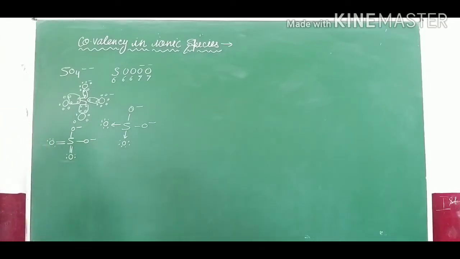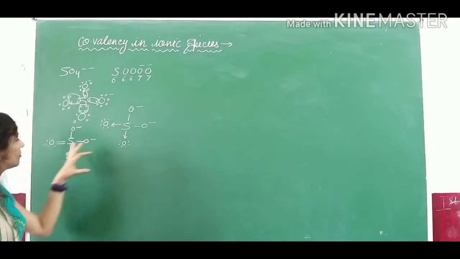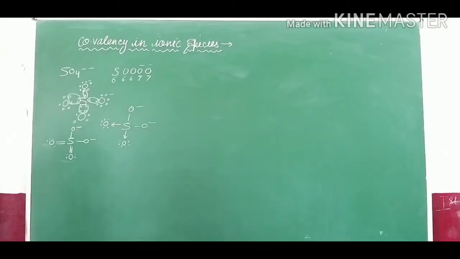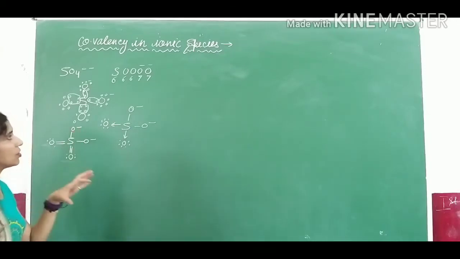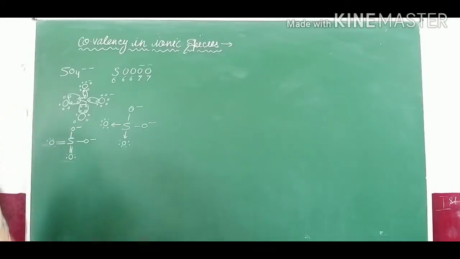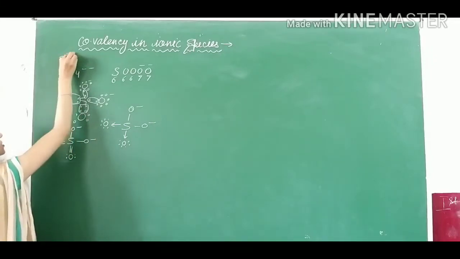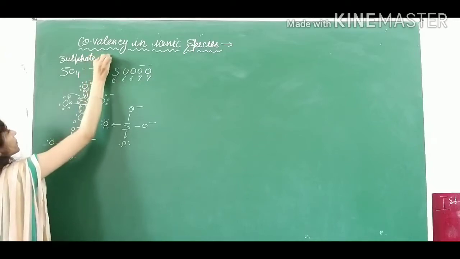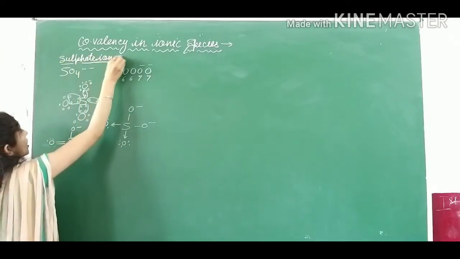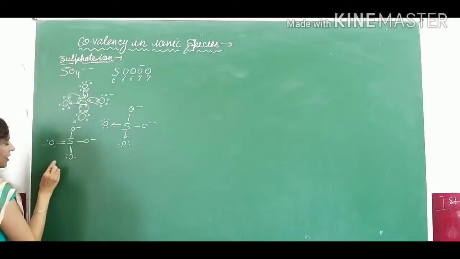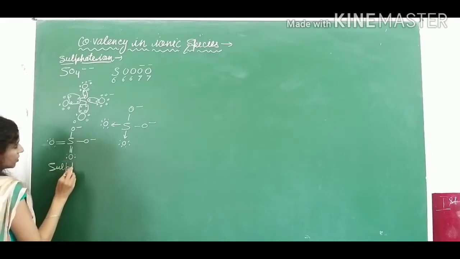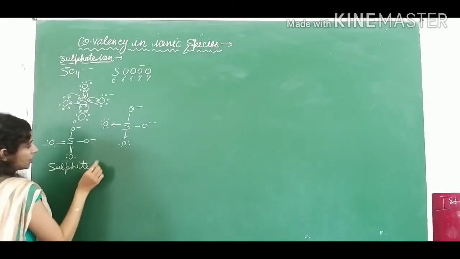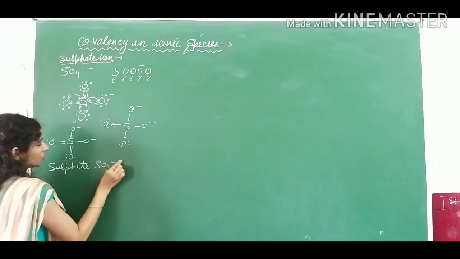Okay. So I taught you already that the dative bond is created in the case of expanded octet. So I think you all have got it, how the sulfate ion is shown; the name for this species is sulfate ion. Okay. Now let's talk about the sulfite ion. Sulfite is what? SO3 2 negative.